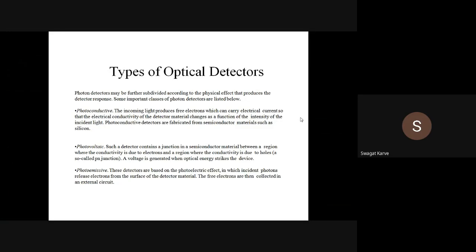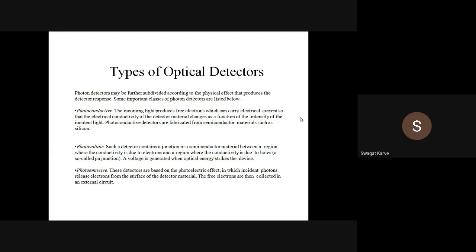Okay, so in the previous lecture, we have discussed the central idea and what we are going to discuss in this unit, that is optical detectors, right? While discussing the third unit, we already discussed that there are basically three phenomena. Which are those? Absorption, spontaneous emission, and stimulated emission, right?